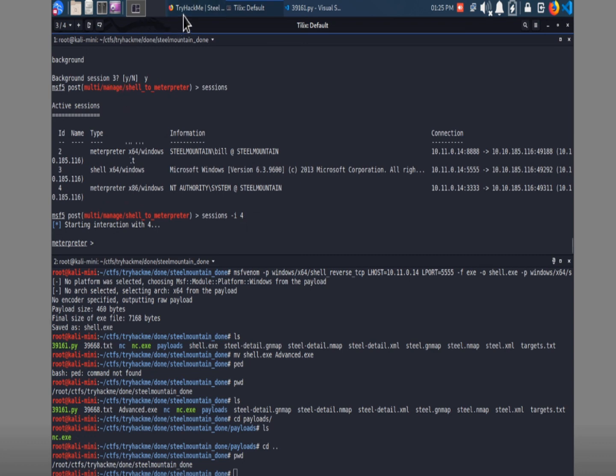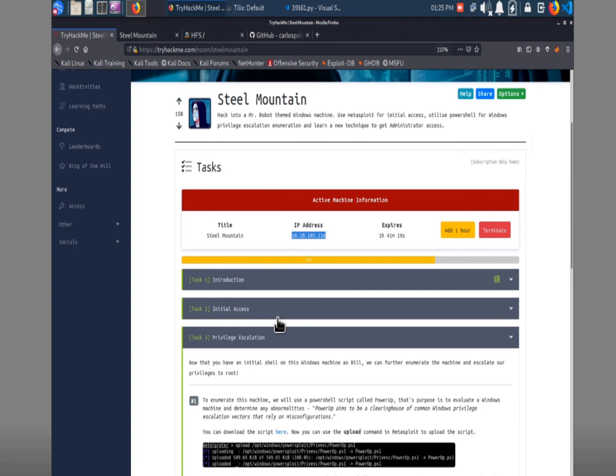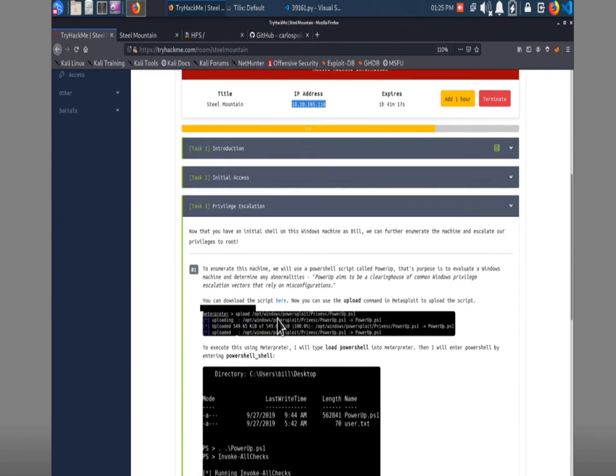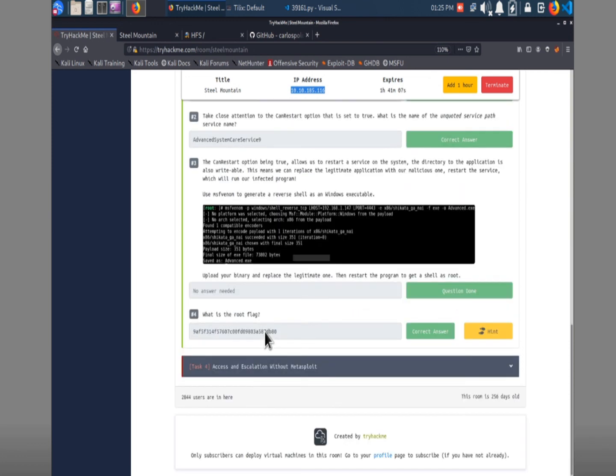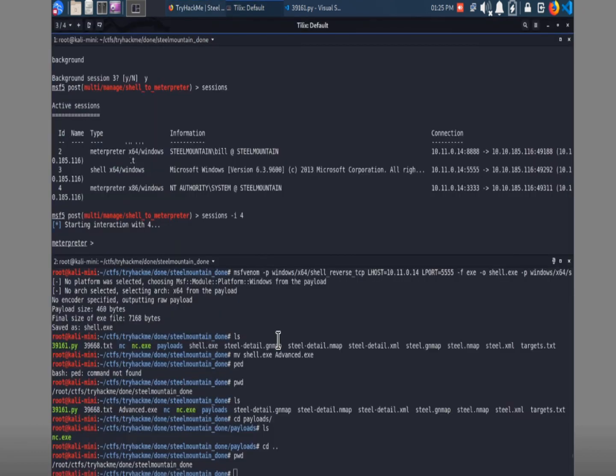So let's see what else we needed to do for the box to get the rest of the... we did upload PowerUp. That was something that we did before. That's how we found the Invoke-AllChecks, and then that's how we found the Advanced SystemCare 9. And then the root flag. So now that we're system authority, we would be able to basically